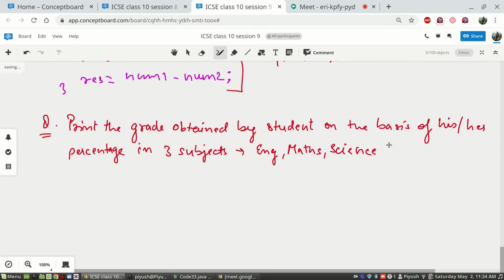Assume that the maximum marks that can be obtained in each of the papers is 70 marks, the total weightage of the paper. Based on that, I'll draw two columns. On the basis of this, you have to print percentage and grade.